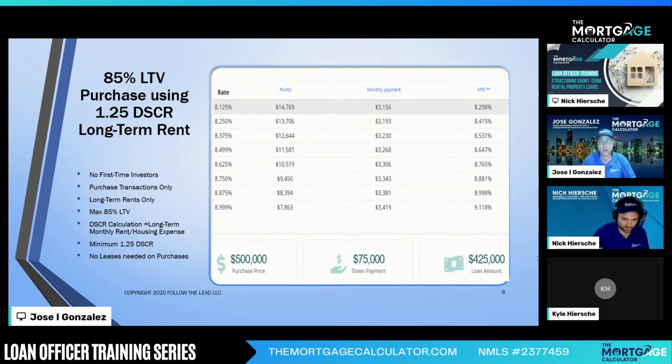But that doesn't necessarily need to determine the trajectory of this loan labeled as a short-term rental property loan. There's no real need to restrict yourself in that manner, because you don't have to state that, because in essence